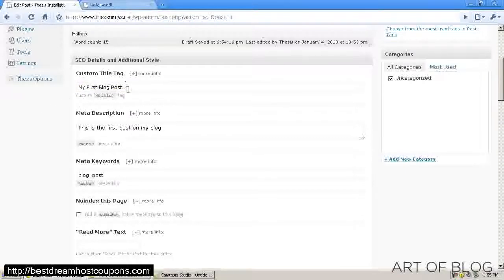And again, I highly, highly recommend using this for every page and post on your blog because the custom title tag will affect your search engine rankings, hopefully positively if you put good custom titles in there. And the description will affect your click-through rate in the search engines because, of course, that is what people will see, and you'll be able to customize that and get it exactly the way that you like it on each and every page on your blog. So that's it for installing